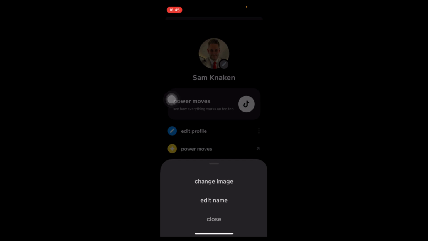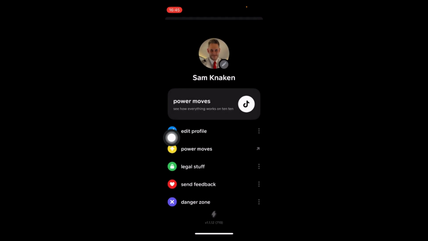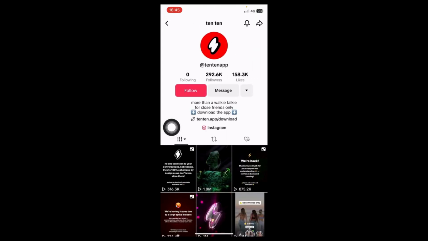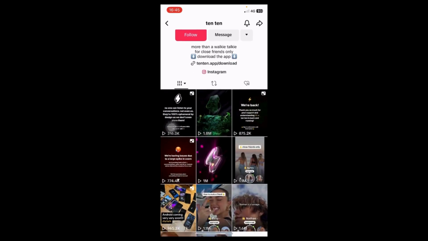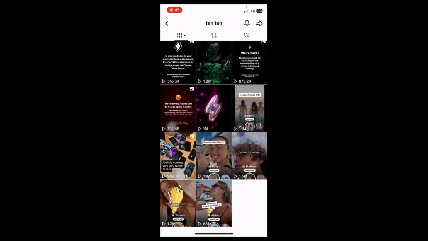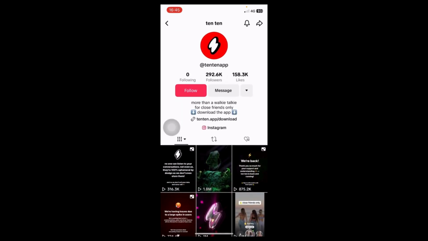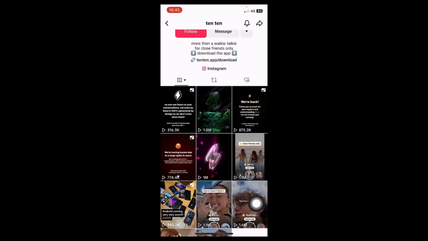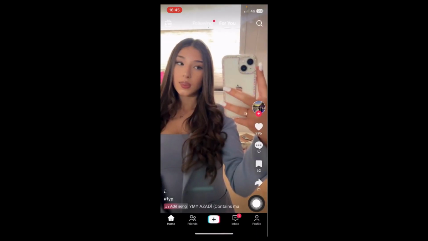So you can edit the profile, change your image, edit your name. Power moves, let's check that out. So you go to TikTok. Okay, this is the TikTok of the TenTen app. It's a very popular app these days, with a lot of views on TikTok as well. But we go back to the